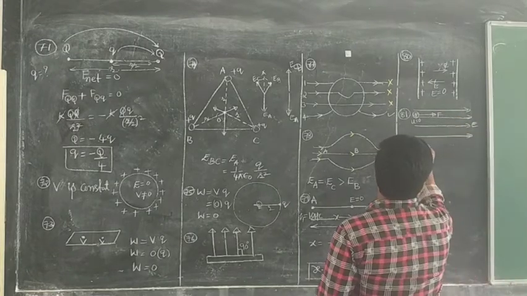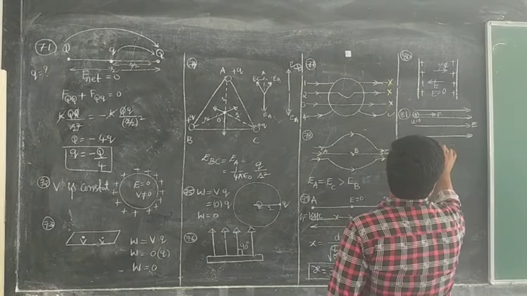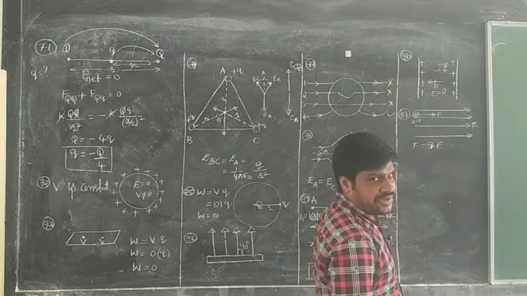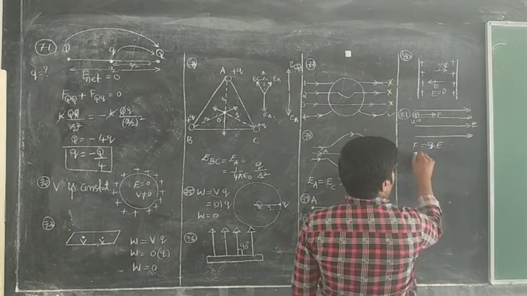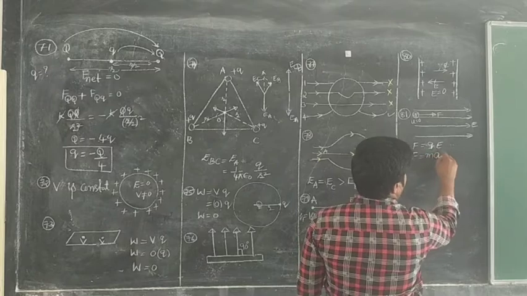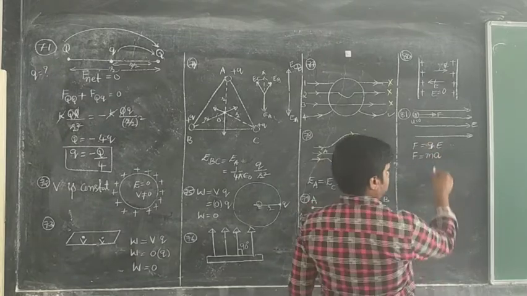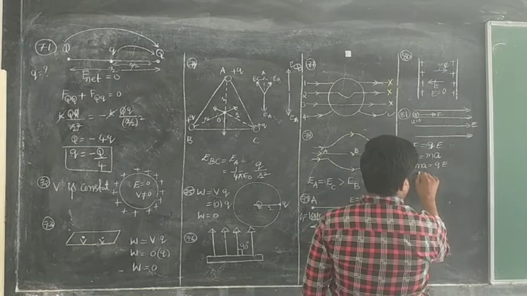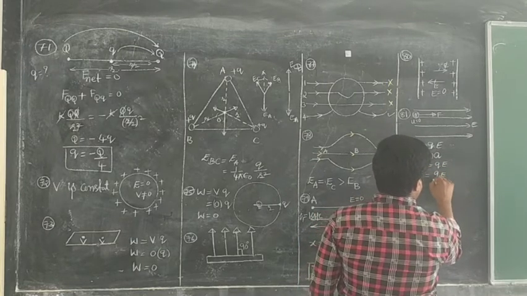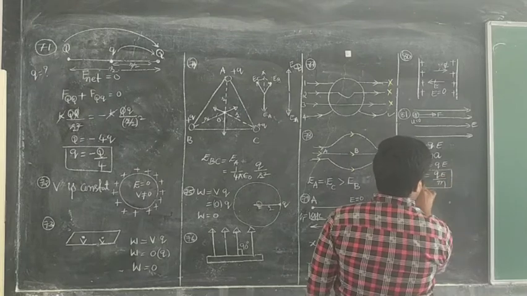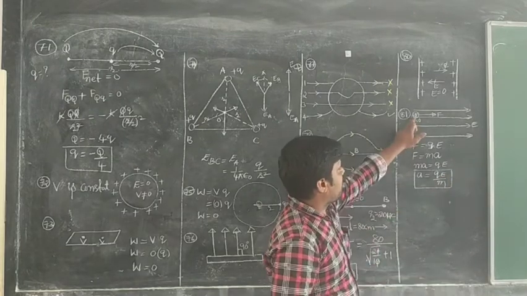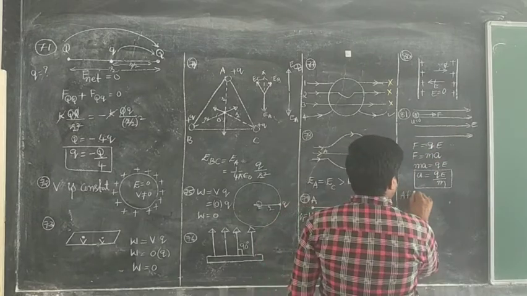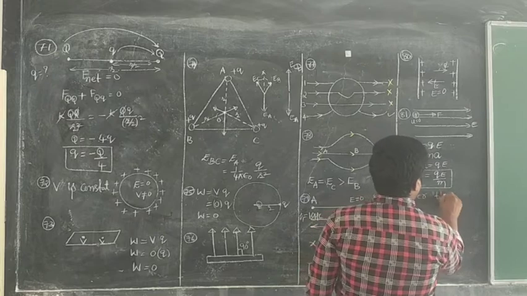So the force experienced by the charge in the electric field is F equals qE. Due to the force, the charge acquires an acceleration. Equating, ma equals qE, we can write. From this, a equals qE divided by m. So this is the acceleration of the charged particle in the electric field. After a time, t seconds.